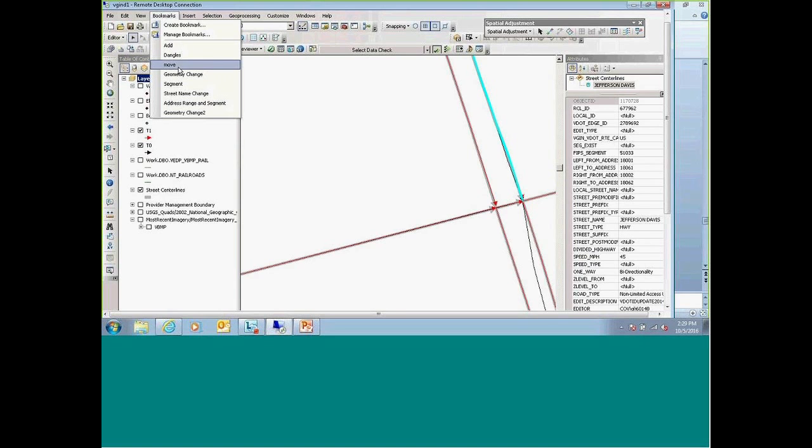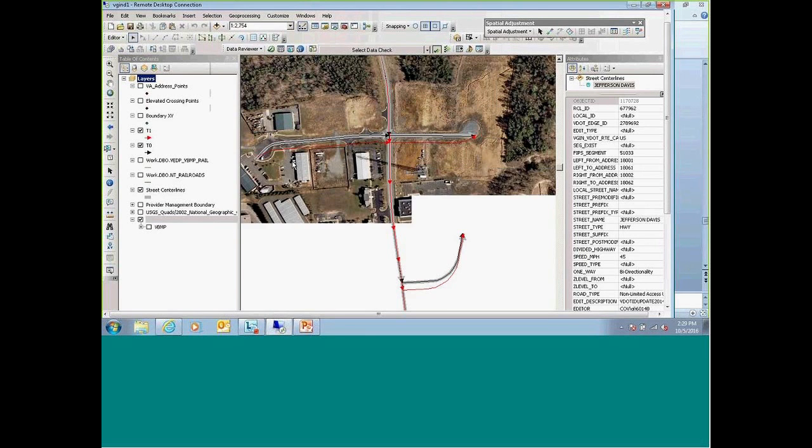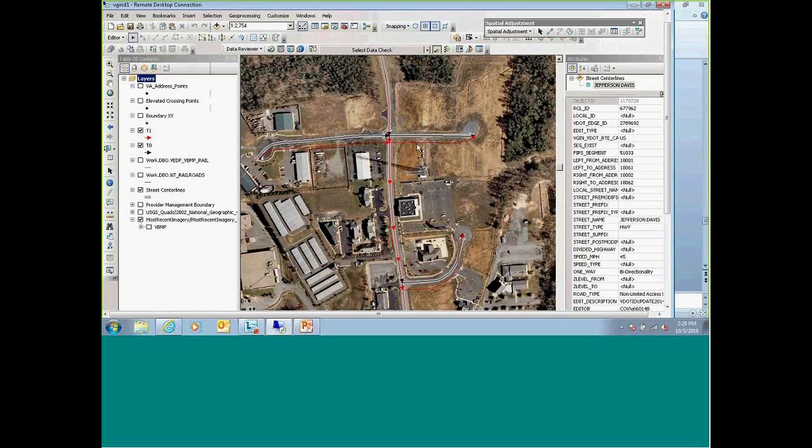Another example is something that has moved, which is actually possible. But then if I look at this, just to make sure exactly what happened, I'll bring in the aerial, and it has not moved. The interesting thing is their older data, which is the black, was more accurate than the data that they just sent. So I would not make that adjustment. I would leave the RCL where it is.